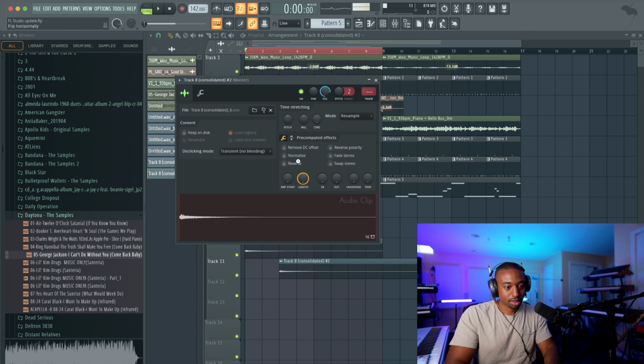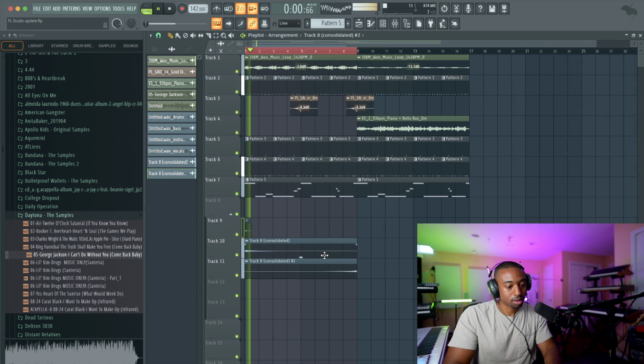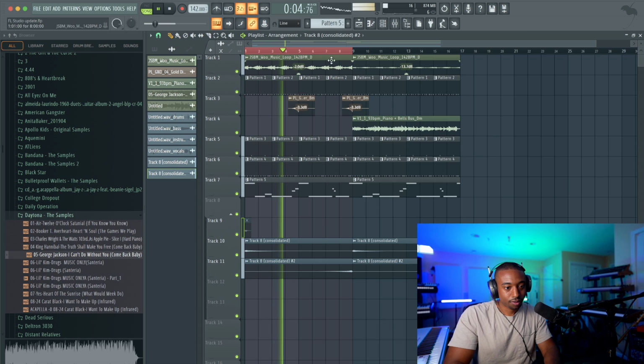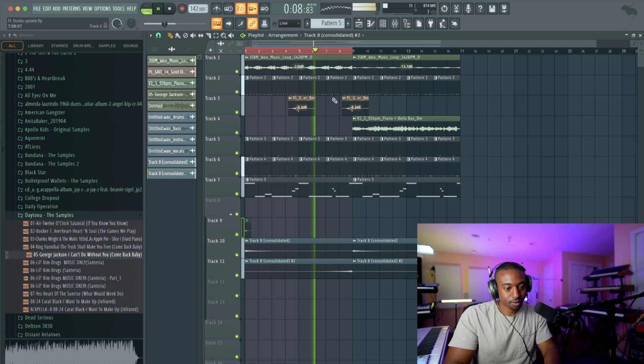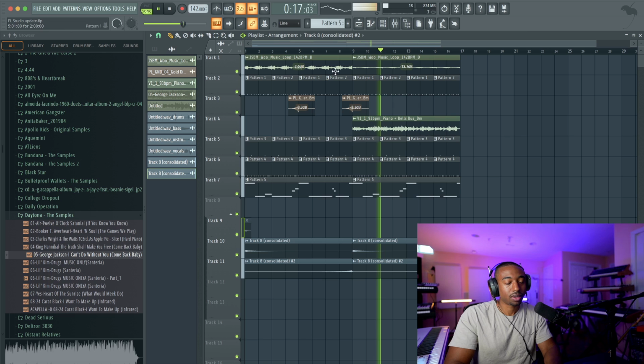Double click on this and hit reverse. And I can use one forward and one backwards. So now you have a forward and backward sound effect.